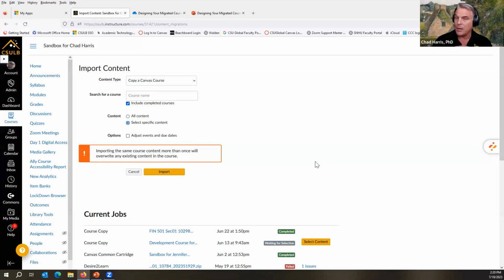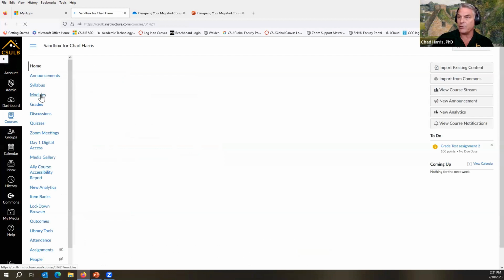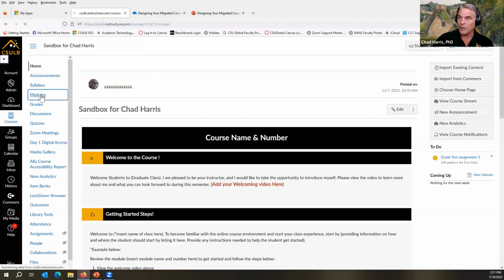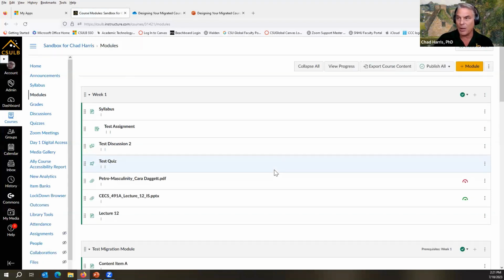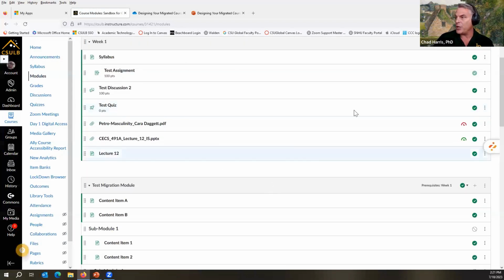That's one way. The other way is simply if there is a specific module or a page that your colleague can share with you, they can actually just push that over to you. And I can show you that really quickly. Actually, I need to go to some content. So I'm on my module page. Most of your courses will default to the module page. If I go to any piece of content on my module page and I use the far right 3-dot kebab button right here,